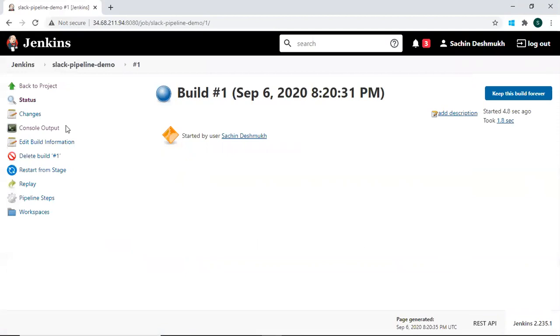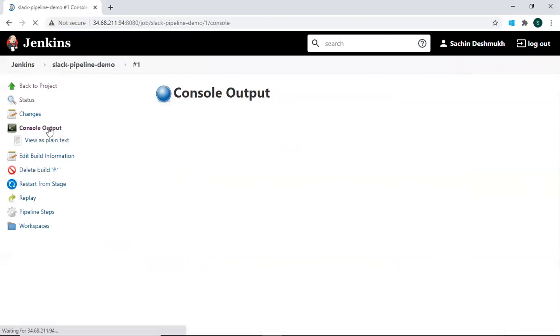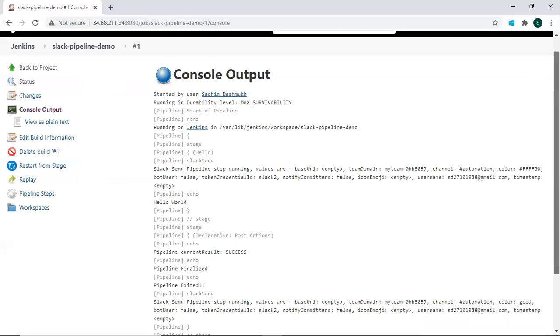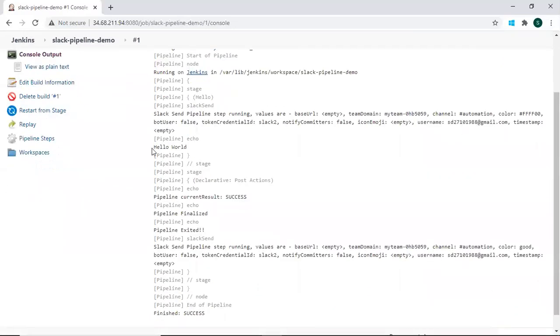Let's see what happened in the console output. So first Slack send executed with the step running, and then our stage hello world is executed.